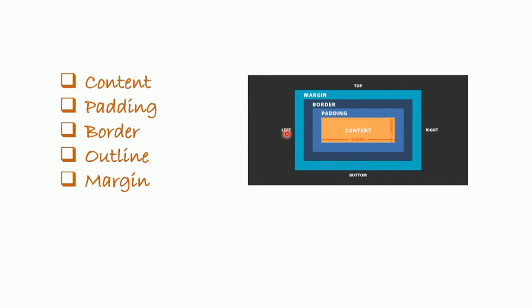And in our border video, we have seen what the impact is if we give two values, and if we give three values. In this also we are going to understand the impact of giving those values. These are the important things you have to know: content, padding, border, outline and margin. If you understand what padding, margin and border are, then you don't have to worry about designing your layout. You yourself will understand where you have to give that particular spacing. Okay, now let's get started with this.